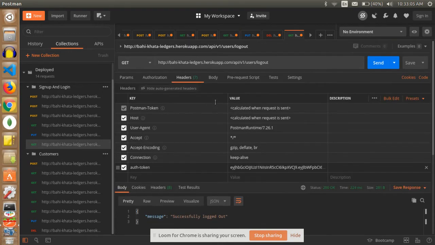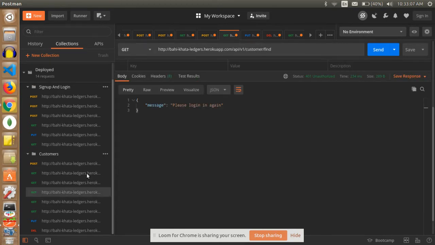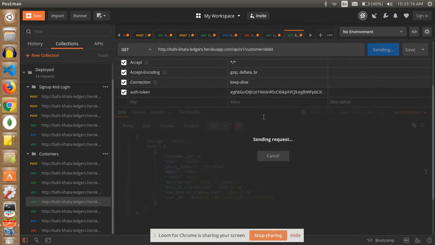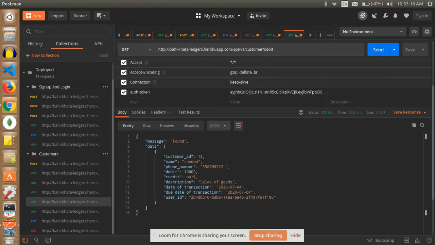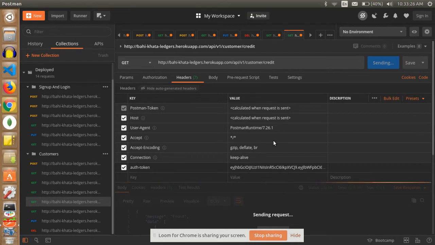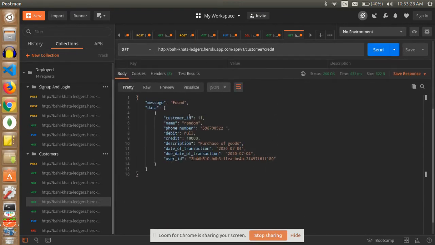If the user wants to see only those customers who have a debit balance, it will show only the debit balance, not the credit balance. And if I hit the credit route, it will show only the credit balance of the customers and not the debit balance.